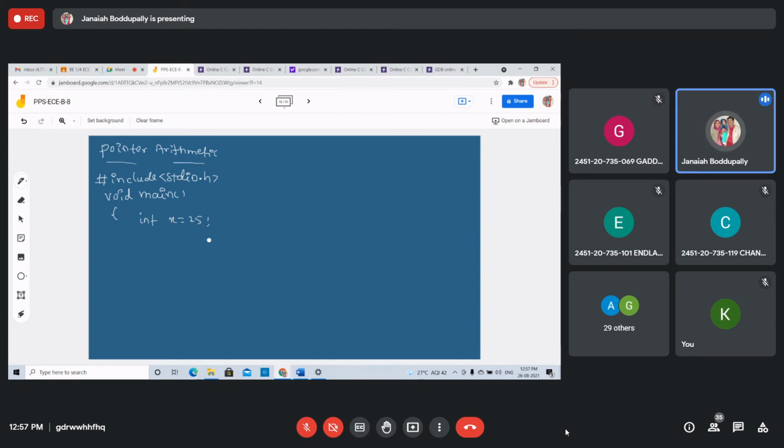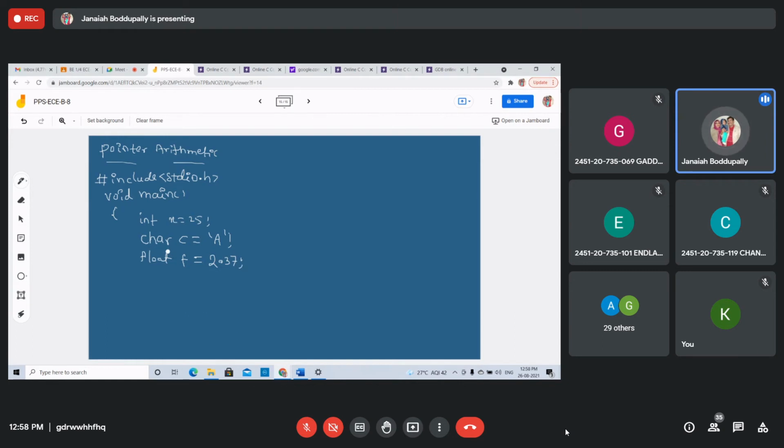I am assigning 25 to the variable x. One more, character type: char c, the variable name is c. We are assigning the capital A to the variable c. Float f = 2.73. We are assigning some value.